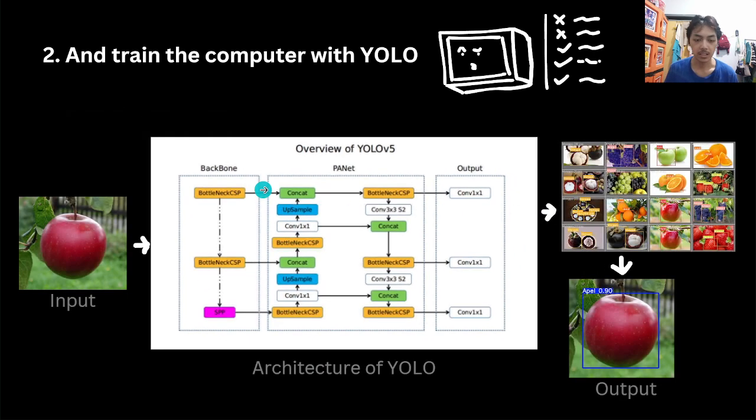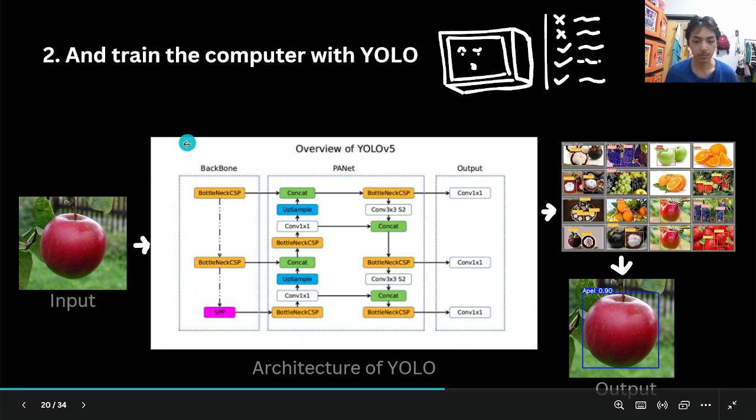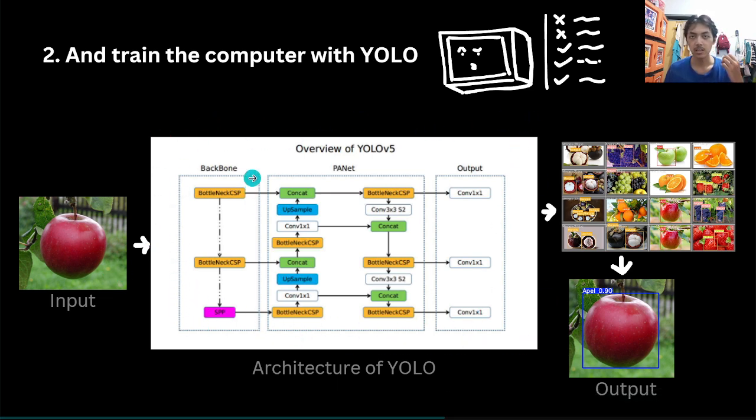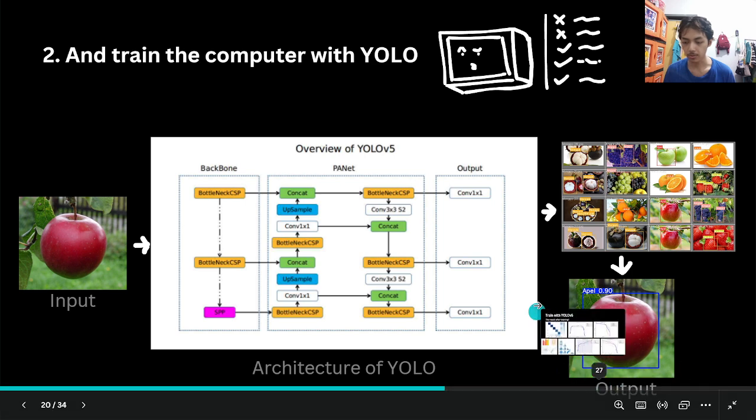On this architecture, the backbone is used for extracting features from the image, and the PANet is for the training. So the features of the image get trained, and then the output is produced. For example, my datasets get processed by this architecture. It starts from the backbone. The backbone extracts the features from all my datasets, and then the PANet trains on all the features, and then we get the output like this.